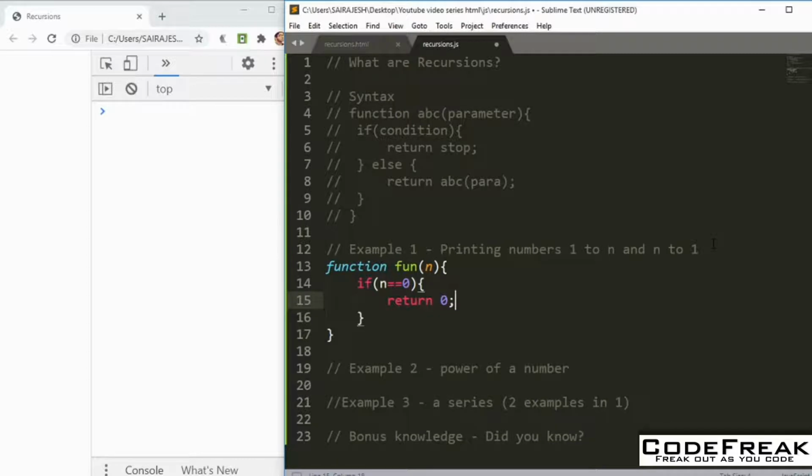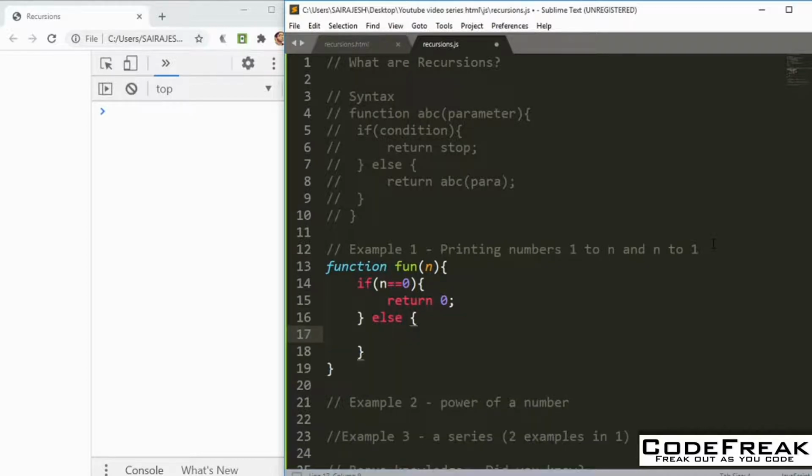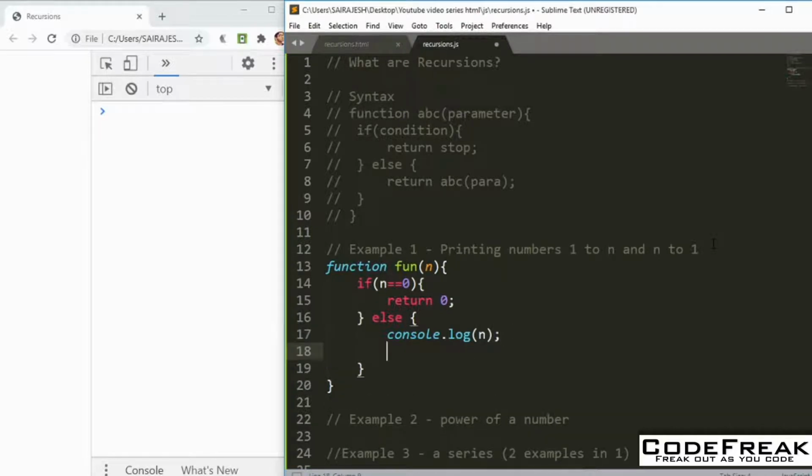Else, what you can do is print the number. So you have console.log n. And one more thing you can do is call the function again, fun.